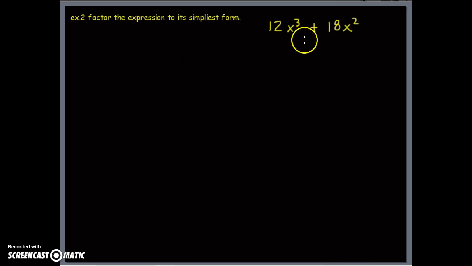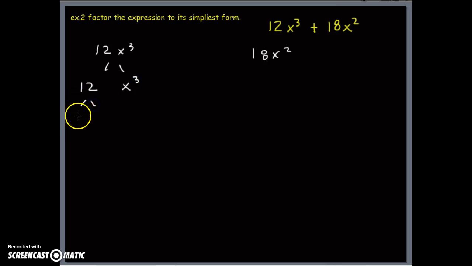Okay, so we're going to factor this expression to its simplest form, and we've got a binomial, 12x to the third power plus 18x to the second power. So let's go ahead and set these up for the factor tree. So we've got 12 and we've got x cubed,